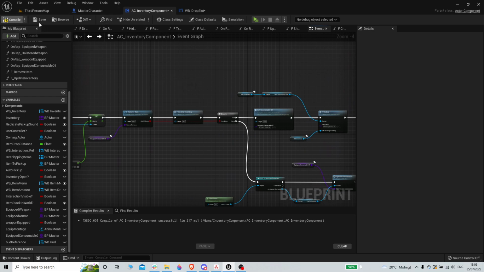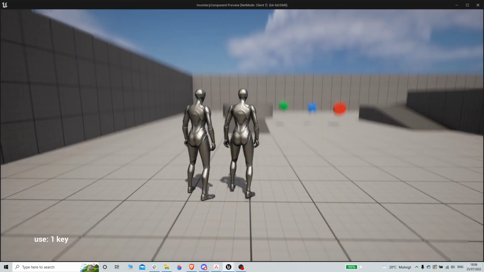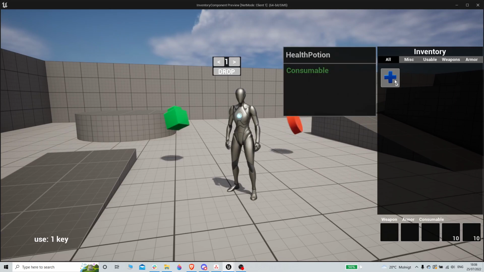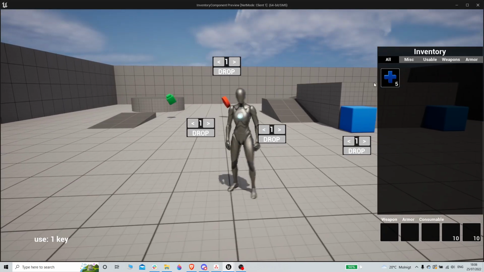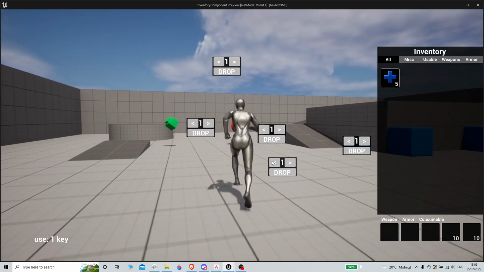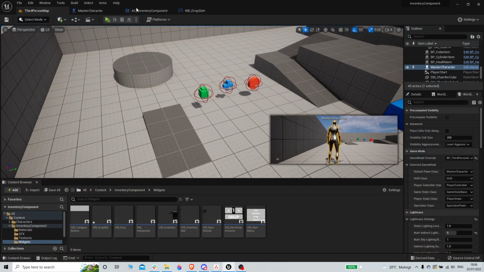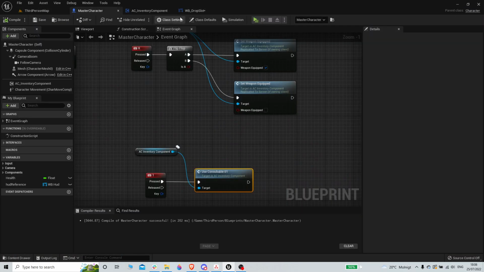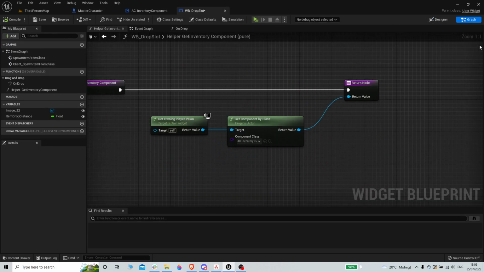Remove this. We got another new issue that some other people noticed. If we pick up some stuff and we just keep dragging this out, we'll just keep getting these slots, and that's an issue. So to fix that, you need to go into the drop slot